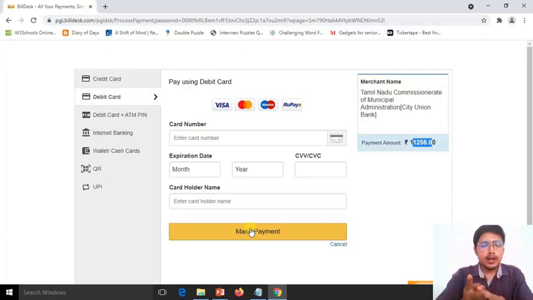So what you have to do is, after you have made the payment and the website has come back to the home page instead of giving you the successful transaction message, check in your mobile phone whether you have received a message from your bank regarding debiting of the amount. If you find that you have received a message from your bank saying that your amount has been debited, then you can be sure that your amount is processed. In this case, you do the same thing after 24 hours.